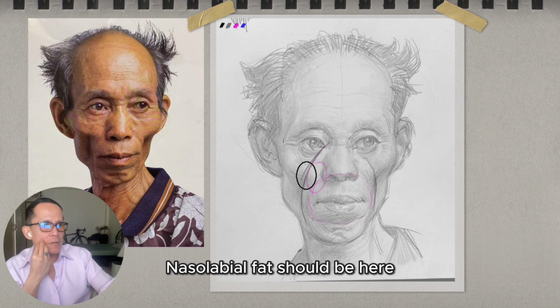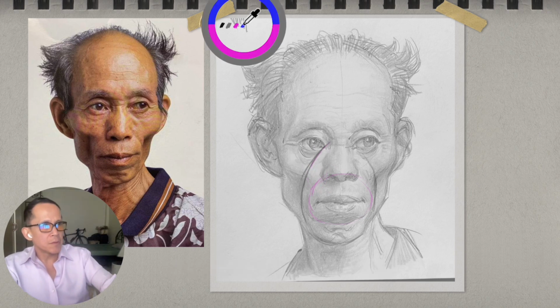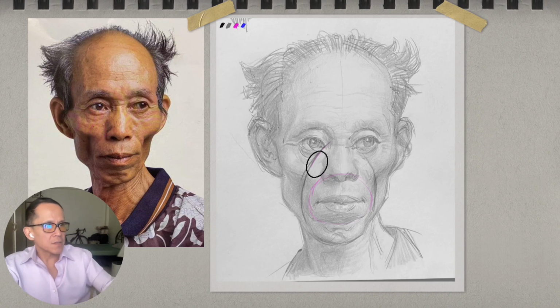nasolabial fat should be here. Let me draw it in blue. On the model, it's so tiny. So it's actually, I believe it's only this. Let me draw it in blue here. I believe it's only this little piece, and it kind of stops here because what's happening there is